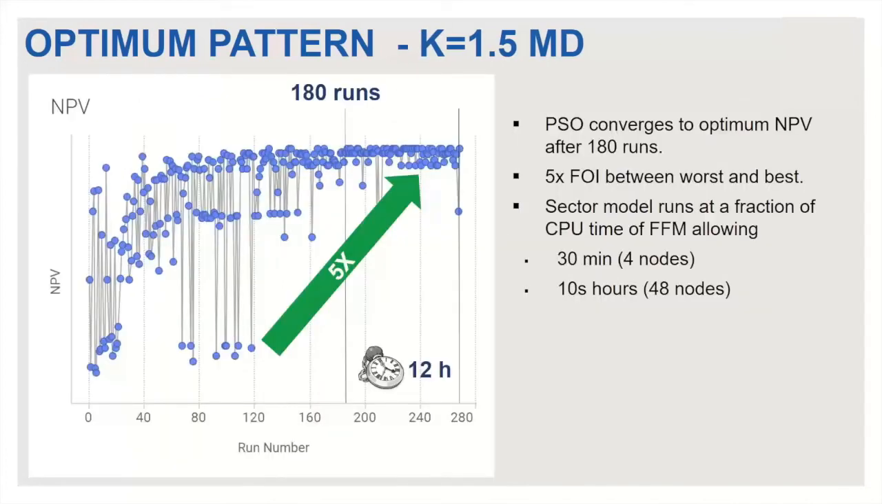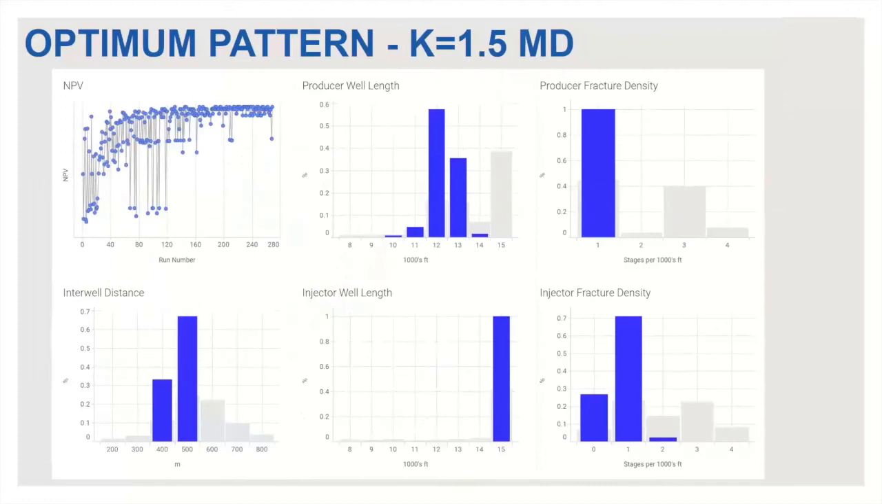And also, if you look at how much time was needed to do the whole optimization, we're talking about half a day, 12 hours. It's really fast, and it allows you to optimize on different assumptions. So here we have the 1.5 millidarcy rock. We'll see in the next 2 slides what happens when you go from 1.5 to 5 millidarcy. So here is